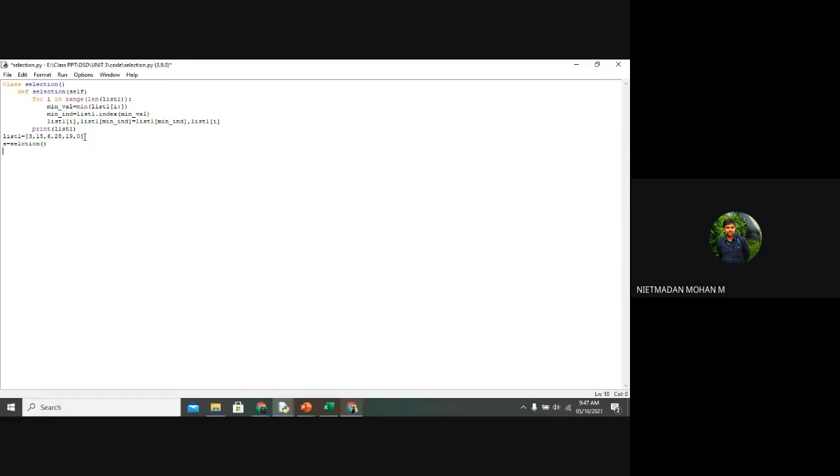And after that, calling the function selection based upon the object. So s dot